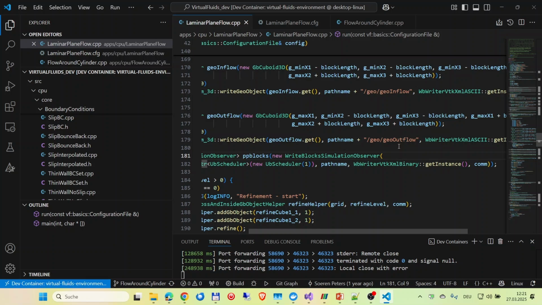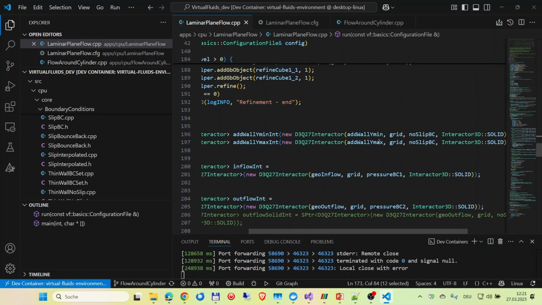Actually, this is the thing for the user, how you organize your output in principle. You're totally flexible. You can, of course, write everything in the same folder, but it is of course difficult to recognize them later. And I always create some subfolder structure. You can see, for example, here that I use this subfolder geo for some geometry files, and then later for other